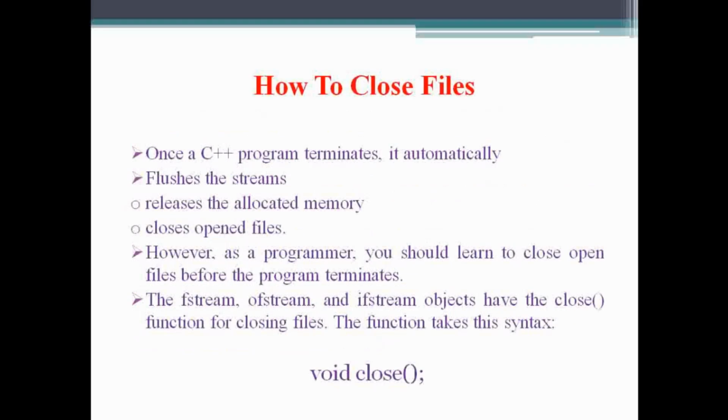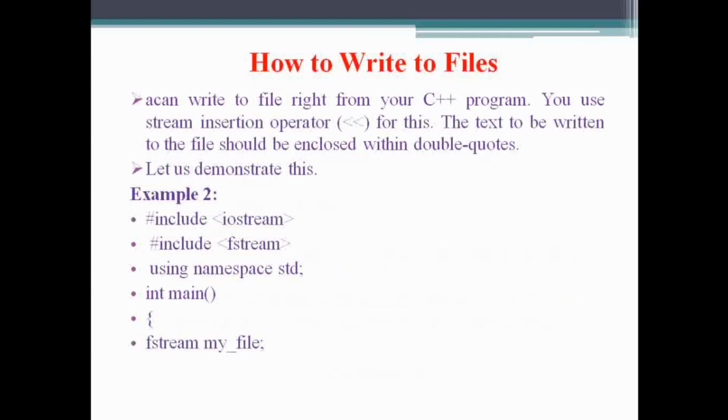Now the next is how to close files. Once a C++ program terminates, it automatically flushes the streams, releases the allocated memory, and closes open files. However, as a programmer, we should learn to close open files before the program terminates. The fstream, ofstream, and ifstream objects have the close function for closing files. The function takes this syntax: void close();